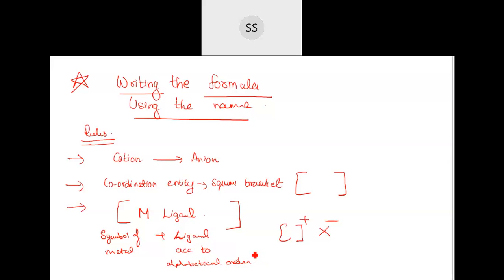And then how many of them you can put in the bracket, you will understand, because I don't have to give you all that. You have seen so many complexes, you will be able to understand how to write. When I take an example, that will be very clear to you. Then once we understand what the charges are, we cross them, and then we will write the whole complex at the end.